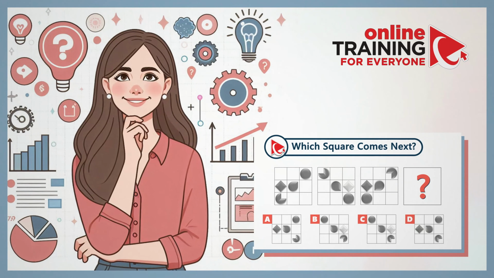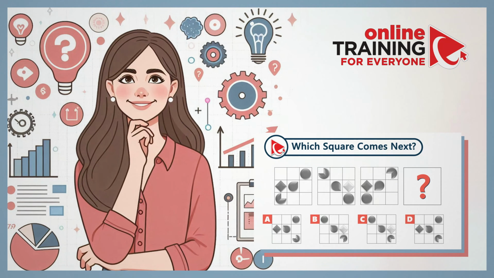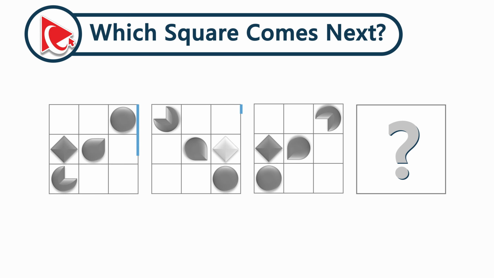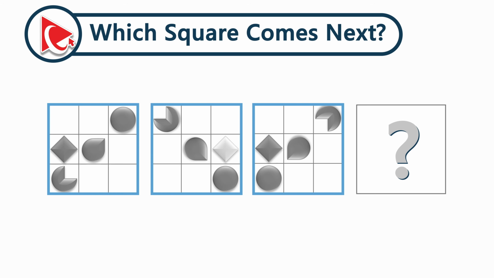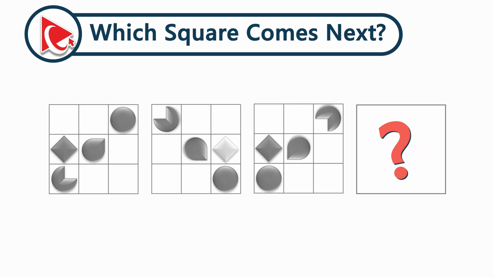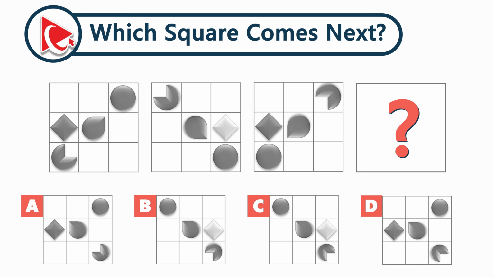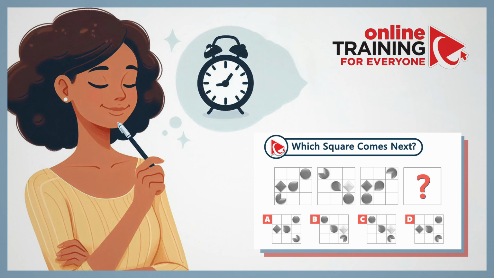Here's the deal. This challenge is your invitation to grow. Stick with it and you'll come out smarter and more confident. You're presented with 4 squares. First 3 squares have different shapes inside, and the 4th square is missing. This is the square you need to calculate and select your answer out of 4 possible choices: A, B, C, and D. Remember, we're here to help build your skills, but first you need to tackle this challenge on your